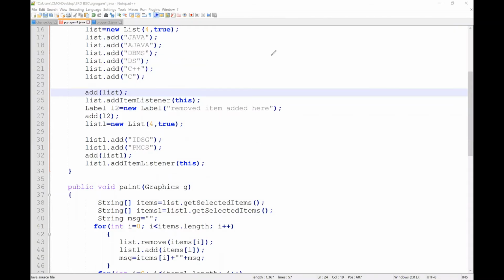After adding the first list, you need to add listeners to it. Since we are interacting with the system, we need to add a listener for that. This represents the present action. This completes our first list.